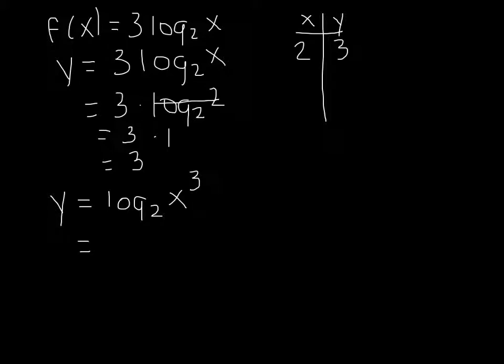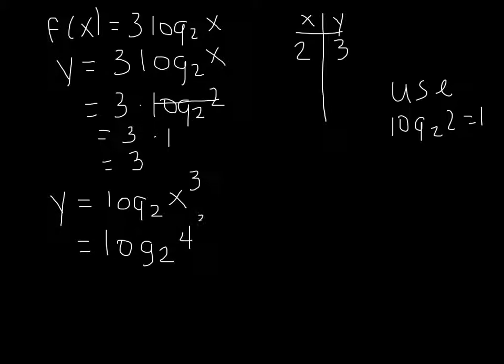So I want to use the same property every time. I want to use that log base 2 of 2 is equal to 1. So if I can plug in a value for x that is 2 to the something. So let's say I plug in a 4. So notice what I've done, I've just plugged in a 4, but what is that really? Really a 4 is a 2 to the 2. So if I write it this way, then what we see